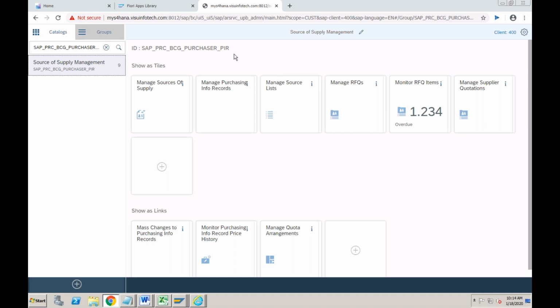But if there is a requirement, then your Fiori consultant will create a Z role out of it or a Z group out of it, and they will make the necessary changes. So you can add also, and you can delete also whatever is available. Okay, so just remember what we discussed is,